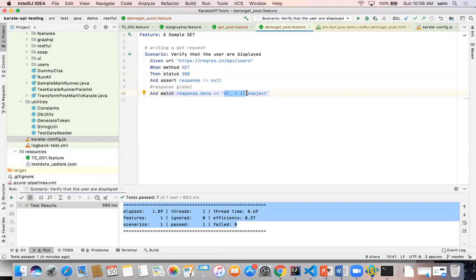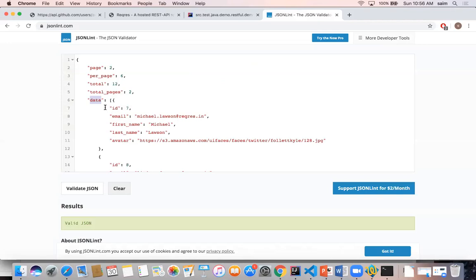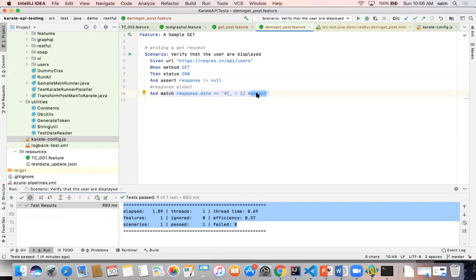It should be at least one, and it should have an object, not a string, or a number, or anything else, not Boolean. For us, since we want to test, instead of saying object, I would just say string and see what will happen. I'll say number. So there are some kind of keywords or some